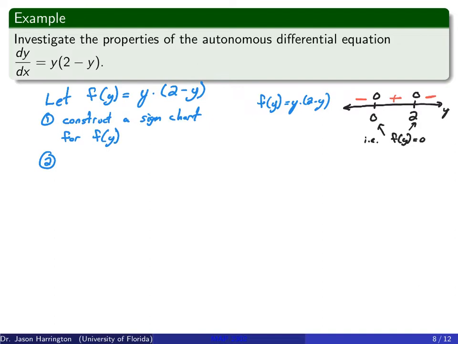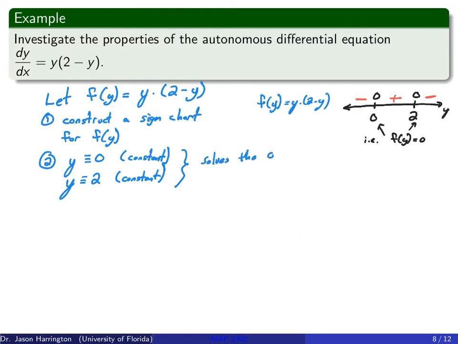All right, so the second thing I want to note real quick before I start working with the sign chart is that the solution y identically equal to 0, constant, solves the ODE. That is, in fact, a solution for the ODE. And also y identically equal to 2. The three equal signs mean identically equal to, it's just a constant. So both of those solve the ODE.